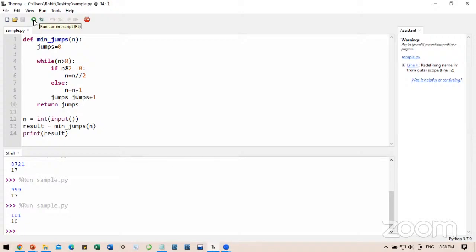Then inside the while loop, we continue the condition till my n becomes 0. That will be the last step. And we check if the n is even. With the help of modulus operator, we will divide the value by 2 because it is mentioned in the problem statement. So we can jump n divided by 2 steps below. And if n is odd, then we can subtract 1 from it. We can jump 1 step below. So n is equals to n minus 1.